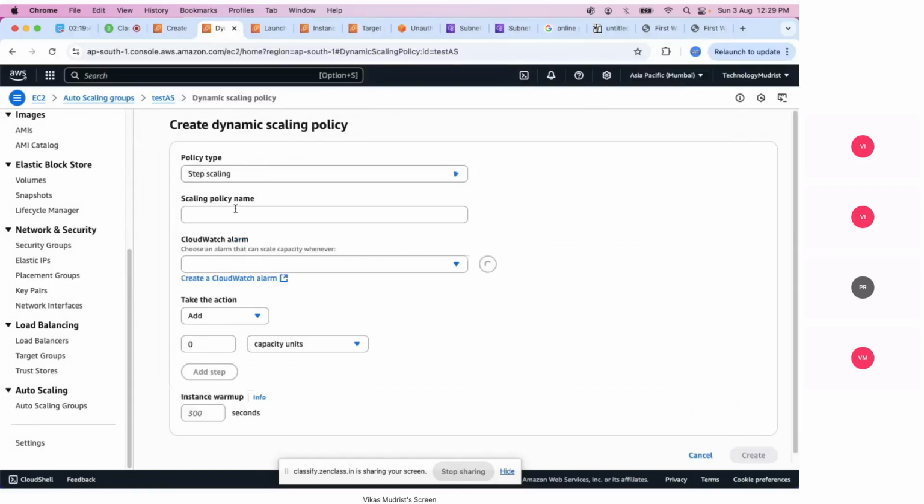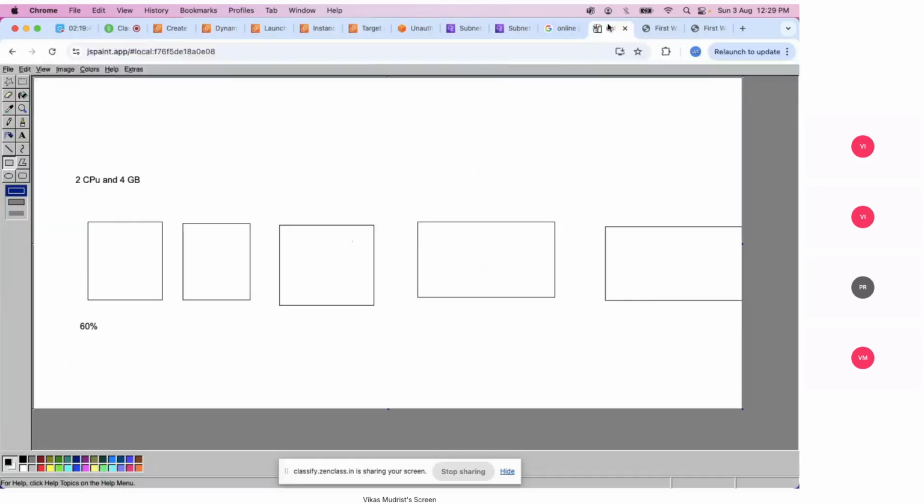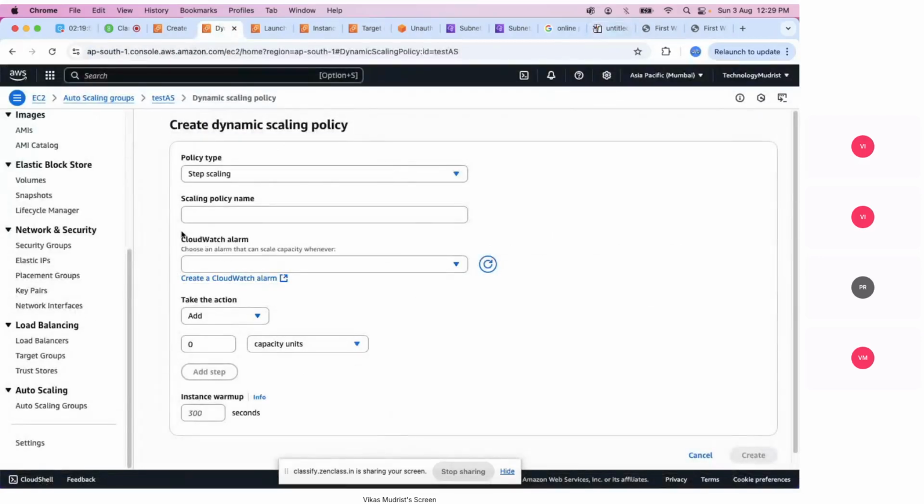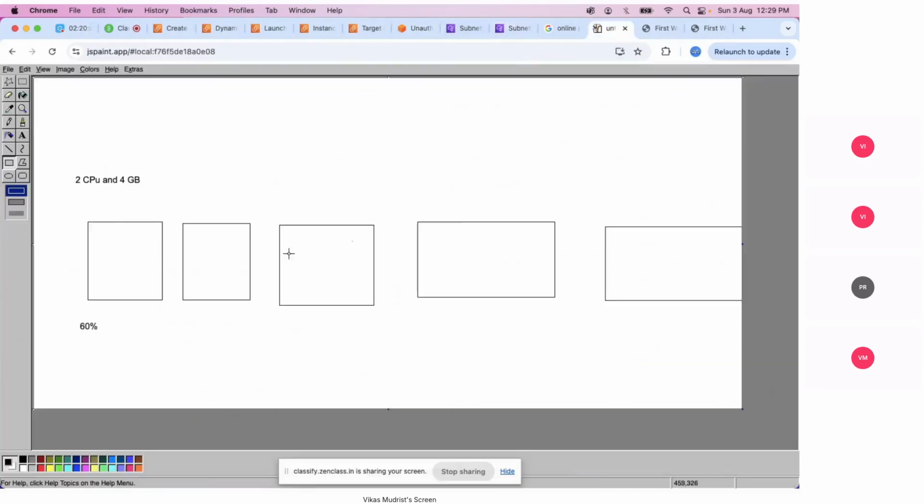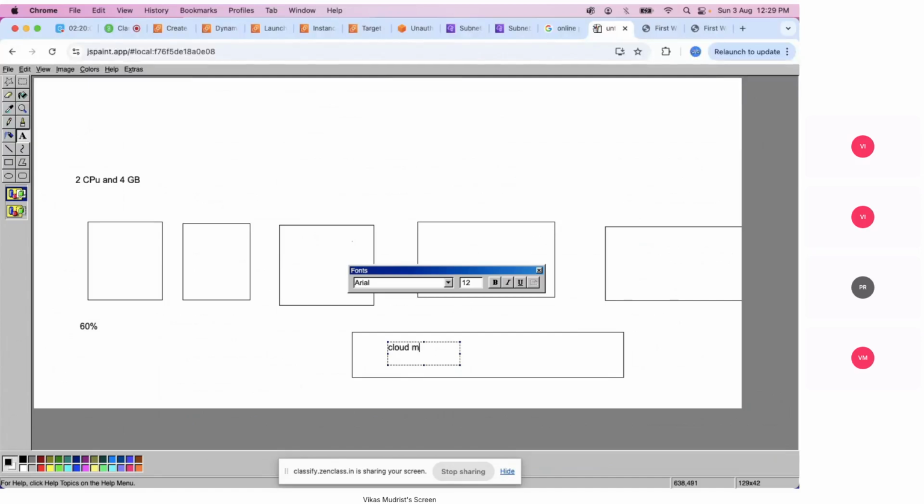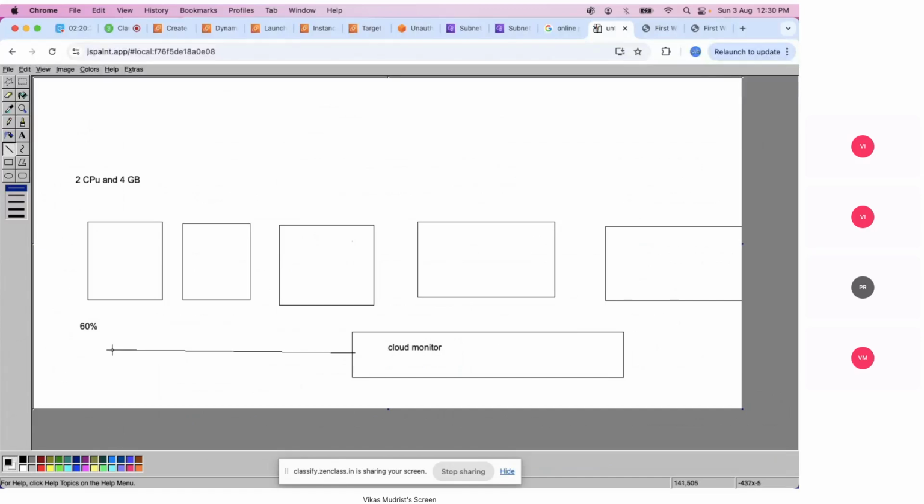Next one is step scaling. What step scaling will do here is, let's say you have this 2 core and 4 GB of RAM server, and you have given a condition according to which the CloudWatch alarm will work. According to your cloud, you have to integrate it with CloudWatch. CloudWatch is nothing but a monitoring service. It will monitor, and CloudWatch will trigger an alert, hey, you are having this kind of RAM and CPU